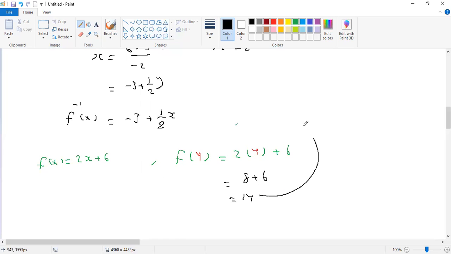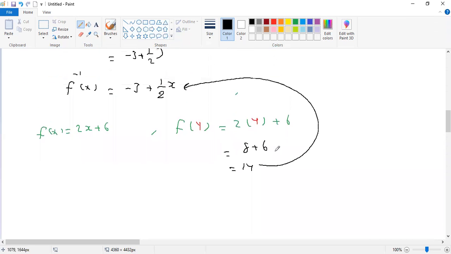If I input 14 in the inverse, it should give 4. Now let us find f inverse of 14, equal to minus 3 plus half x. What is x now? The x is 14. Replace x by 14, equal to